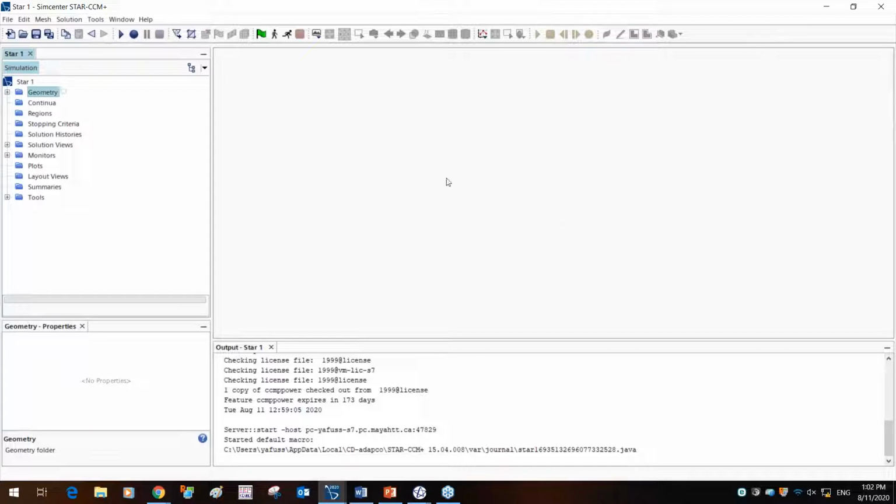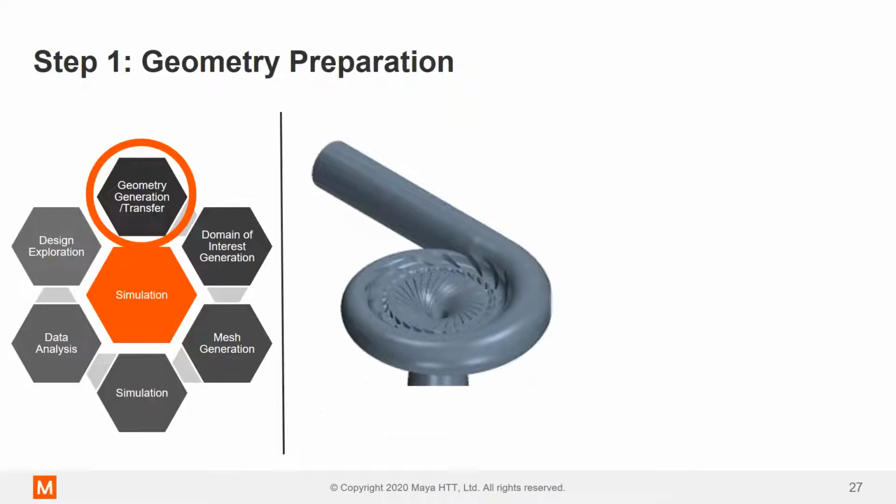So now that you have a quick overview of the user interface, what I'd like to do is jump into the first section of this presentation, and that is looking at the geometry or geometry transfer. This would involve creating the geometry, simplifying the geometry for CFD simulation, but also parameterizing the geometry for design studies. All of this can be done within the inbuilt CAD tool within Star CCM Plus, and the aim is to simplify the geometry for today.